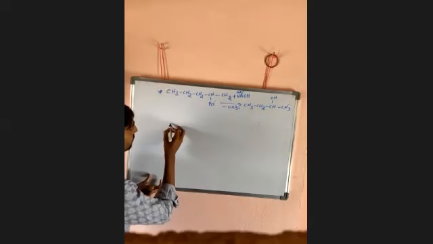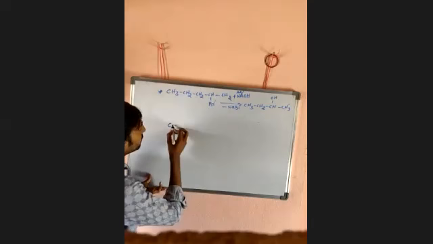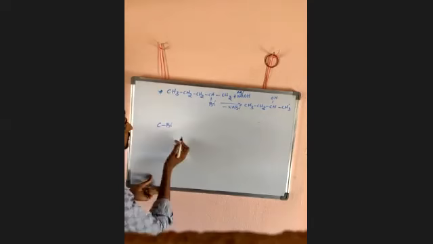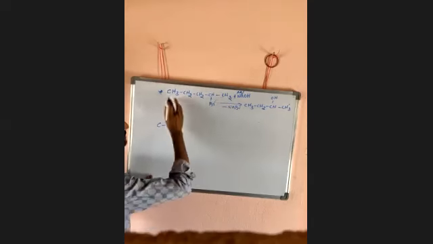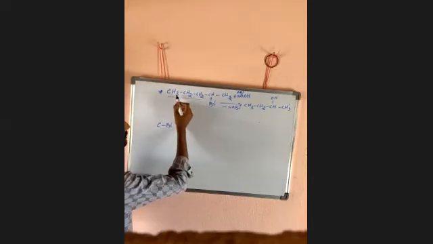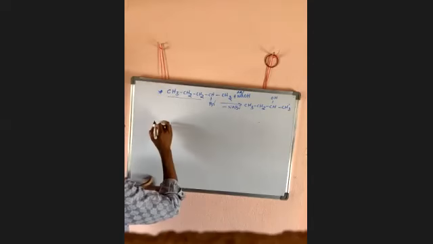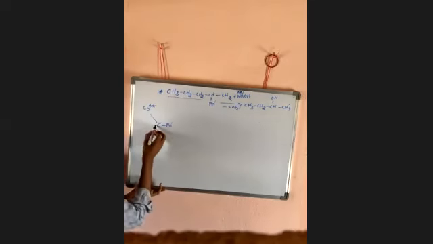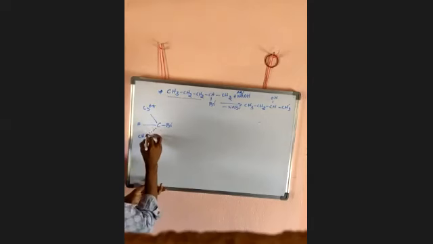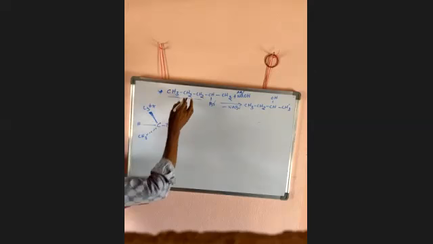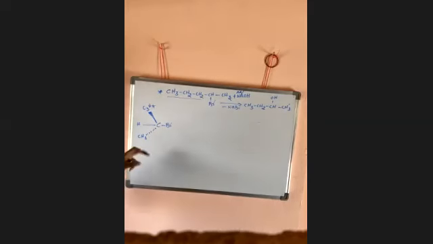First, I want to take the carbon which is with Br. There is a Br, then another one is H, another one is CH3, and another one completes it: C3H7. Total 1, 2, 3. So I take that one as C3H7, and the remaining ones are H and CH3. Certain books mention it like this also, one away from the observer, one towards the observer. That is the compound, represented in a different manner.